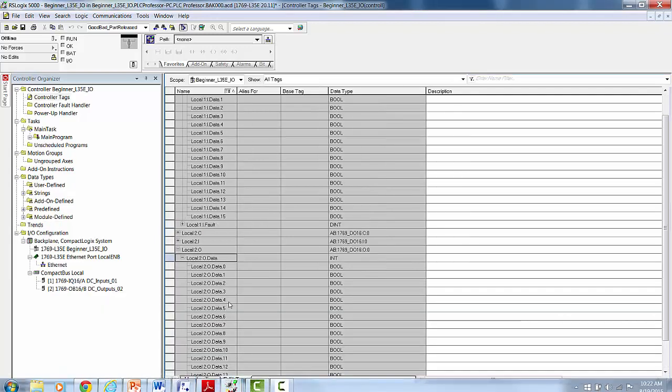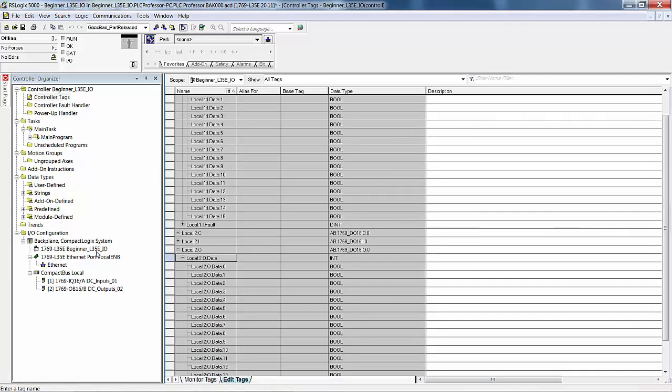However, this configuration is a L35E. It could be an L31. That's not relevant to the discussion here. But the point is, we have 2 completely separate I/O modules, each with 16 points. But in the labs, you would be using 0 through 5 of this data and